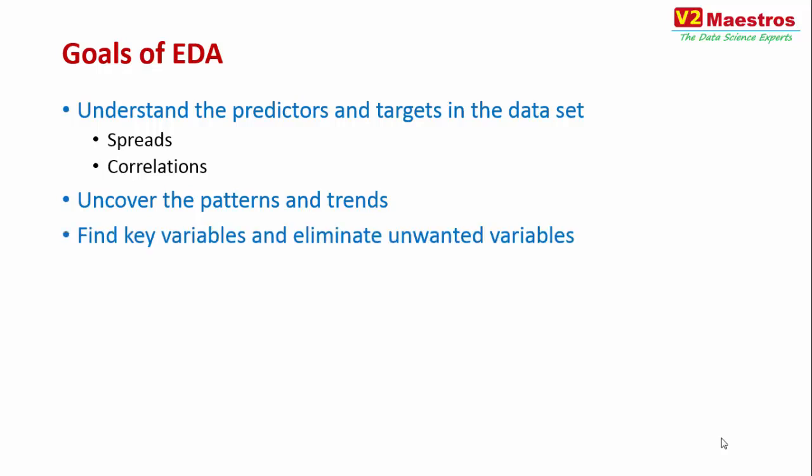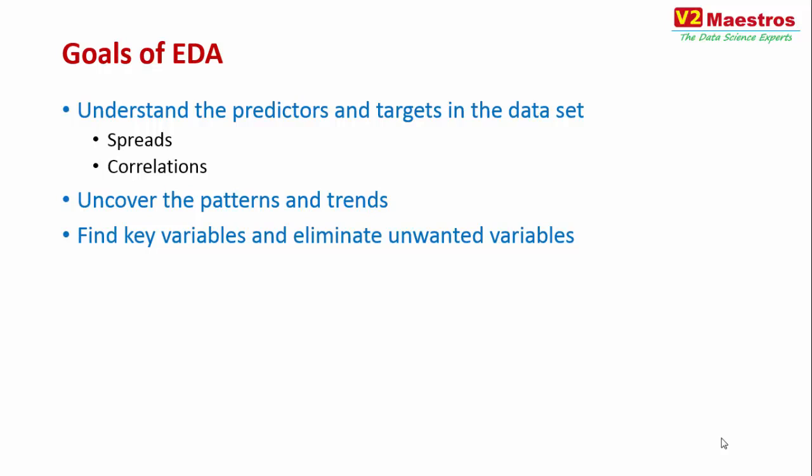It is used to identify key variables and eliminate unwanted variables. You typically look at a data set coming in where there are like 20 different variables and one target, and you want to look at these predictors and see which are the ones that are highly correlated with the target and which are the ones with no correlation with the target. If you see certain variables that do not have correlation with the target, you want to eliminate them. Why do you want to